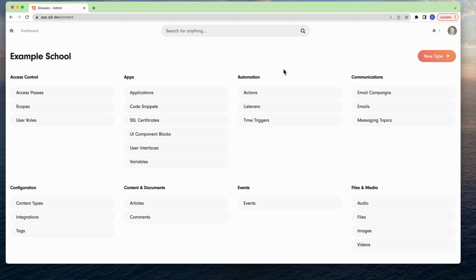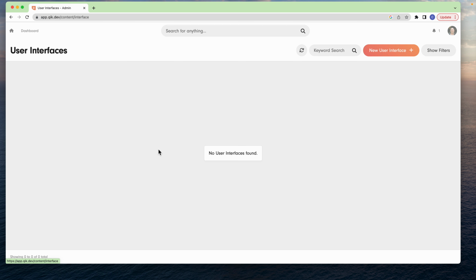Applications, what they are, how they work, and how you can use them in your platform to deploy websites, apps, or intranets. So to start with, I'm in my account, and under apps, I'm going to click user interfaces,